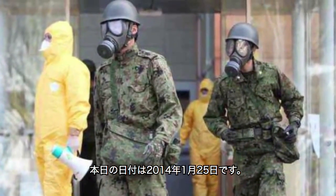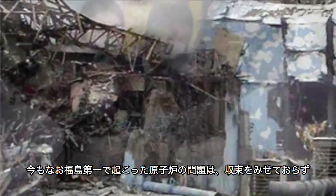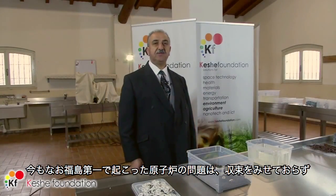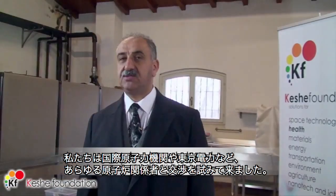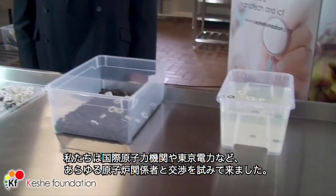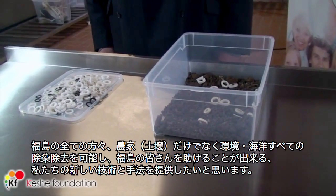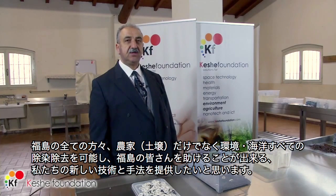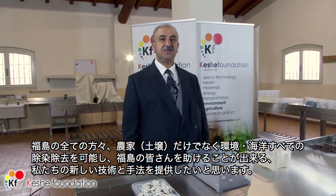Today is the 25th of January 2014. The situation with Fukushima and the accident which has happened in the Daiichi nuclear power plant has gone beyond control. We have tried to negotiate with international atomic energy authorities and TEPCO, the owners and the operators of the nuclear reactor, in trying to find a way that we can allow a new method of approach to start, that it can help the Fukushima people, not only the farmers, but the environment, and at the same time the contamination